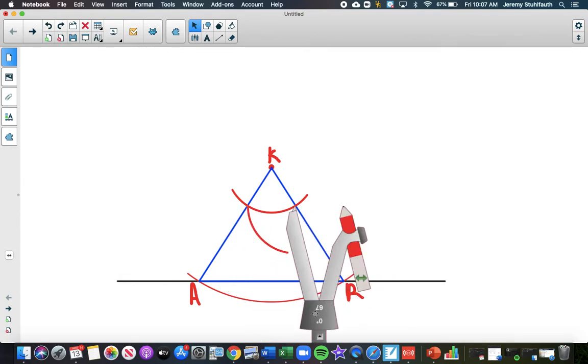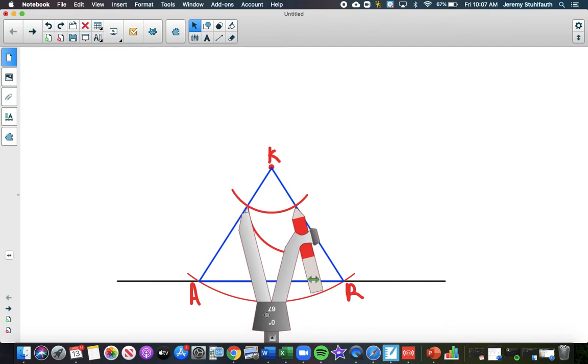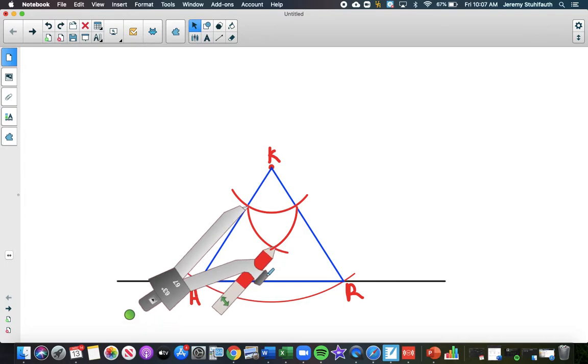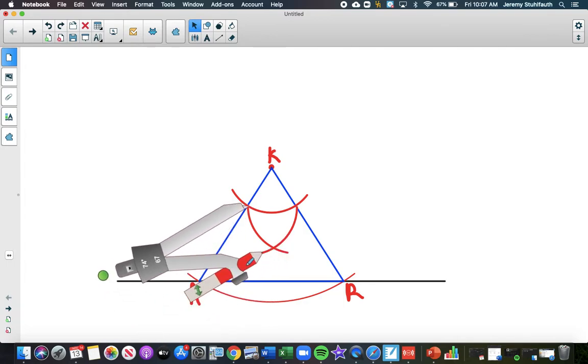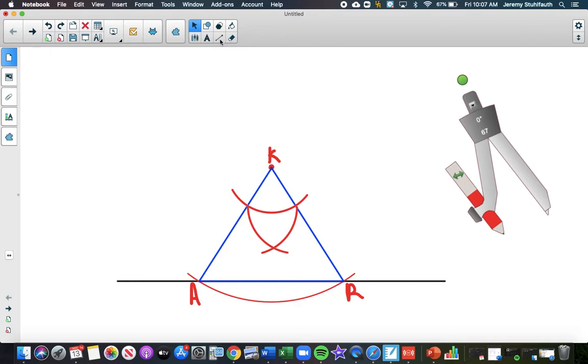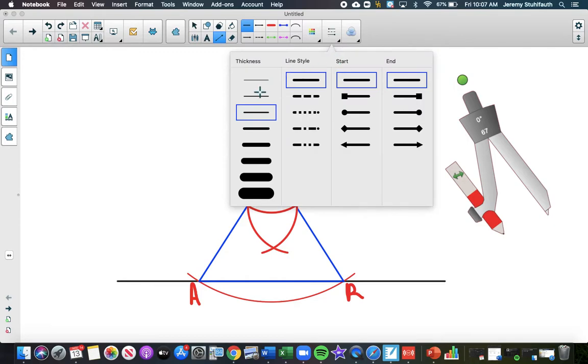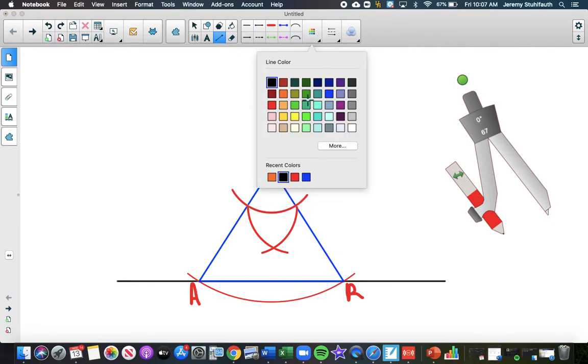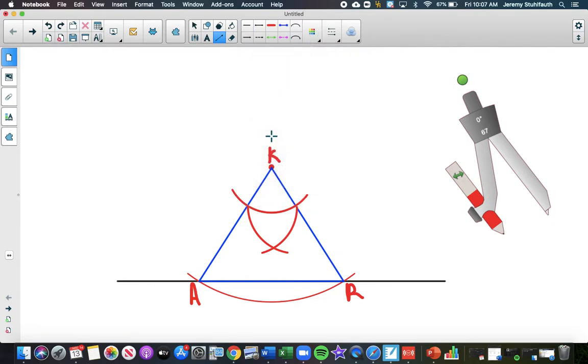Flip this over, bring this right there, and then we will draw this other arc. And so now we have an angle bisector. We take our straight edge, and we'll draw the angle bisector and make it green. Okay, so our angle bisector goes from K,